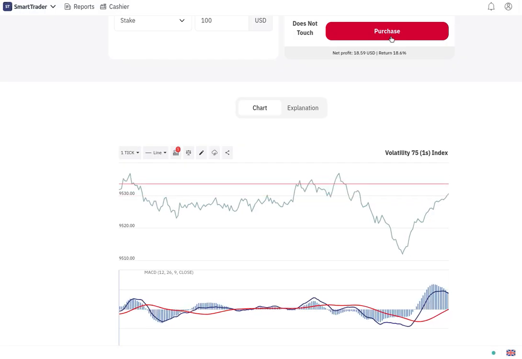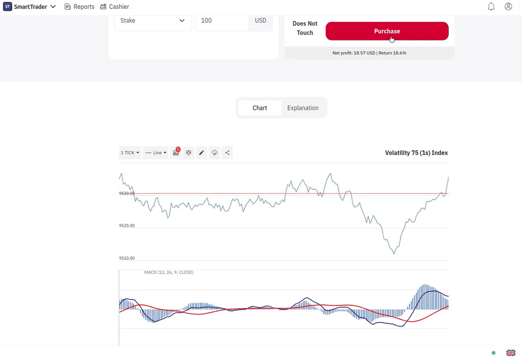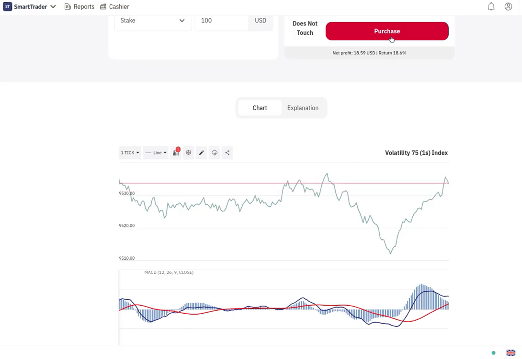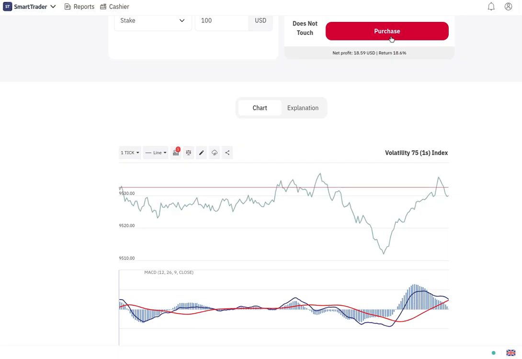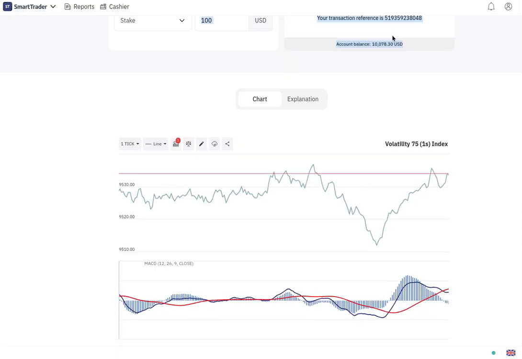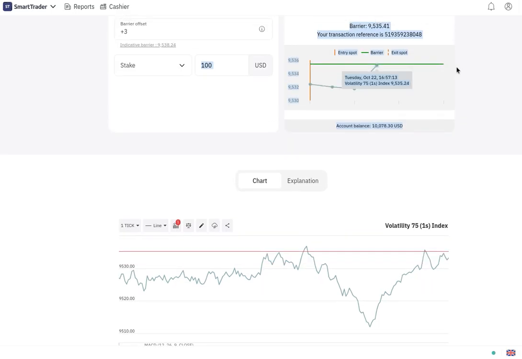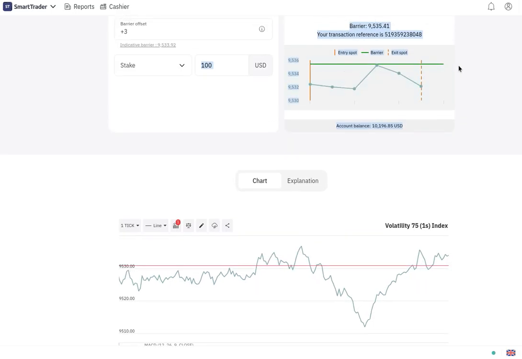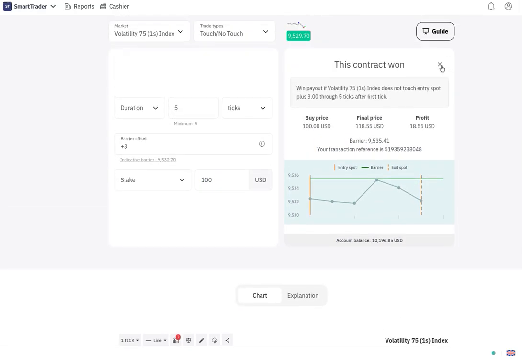So let's do this again. Patience, trading is all about patience and discipline. So yeah, it's crossed. Whoa, that's it guys. The trade has been won again. So three trades won, and just like that, I've made over